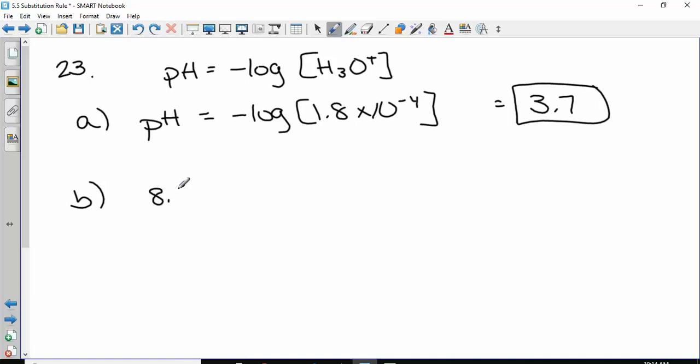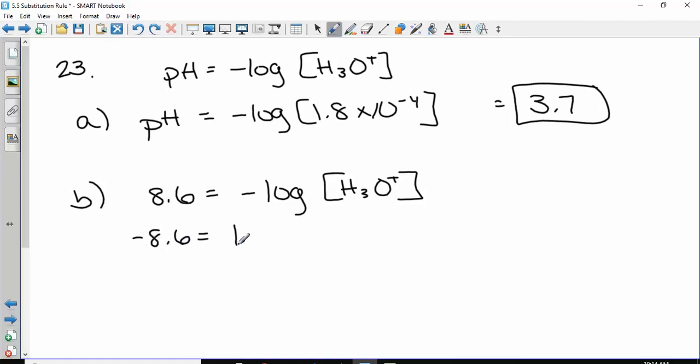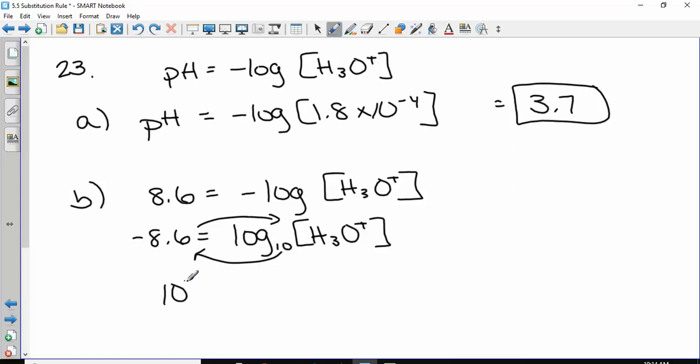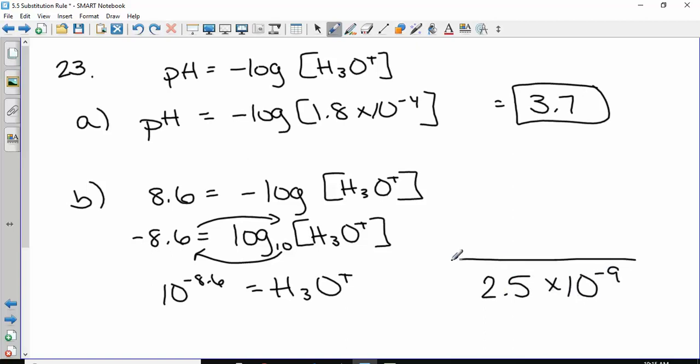B, I gave you the pH. That's 8.6. You have to solve for this other piece. So what do you need to do with the negative, first of all? Divide. Then if you have a log on one side, how do you get rid of it? Exponential. This is a base of 10. So 10 to the negative 8.6 equals this H3O+. So 10 to the negative 8.6 gives me 2.5, and then at the end, E negative 9. So that's 2.5 times 10 to the negative